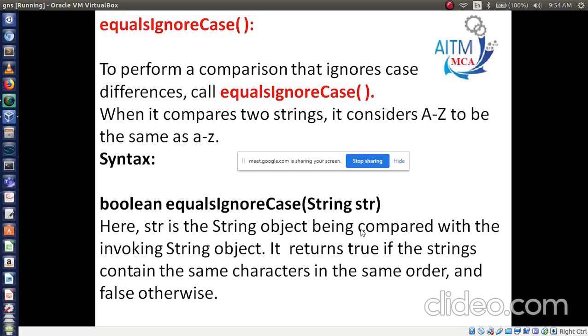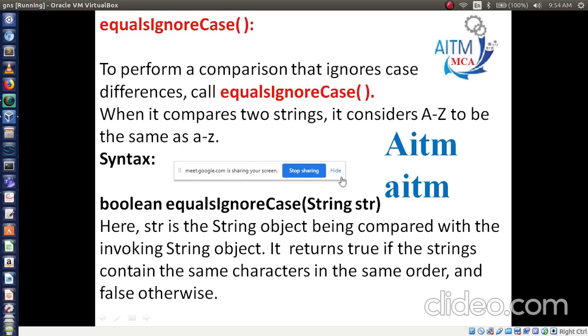So let's see one example, then you will understand. See here. Now you tell me what is the output for this AITM and small AITM, using equals ignore case?